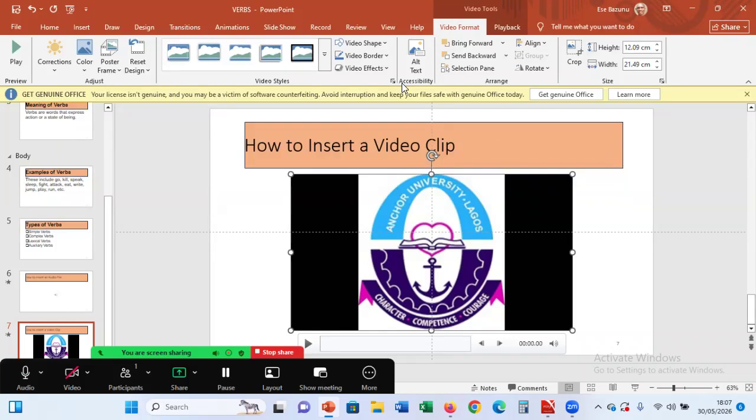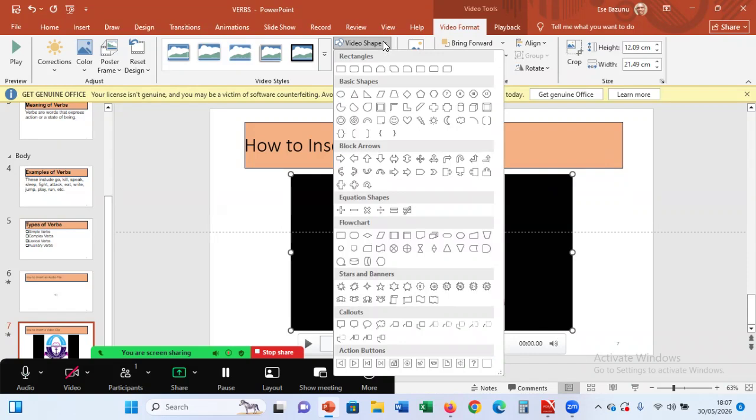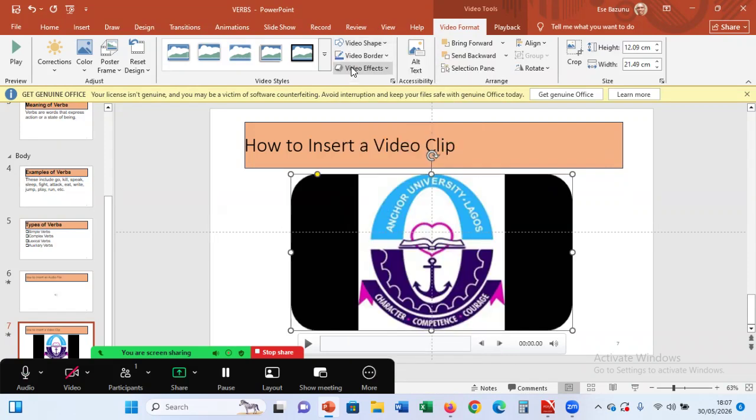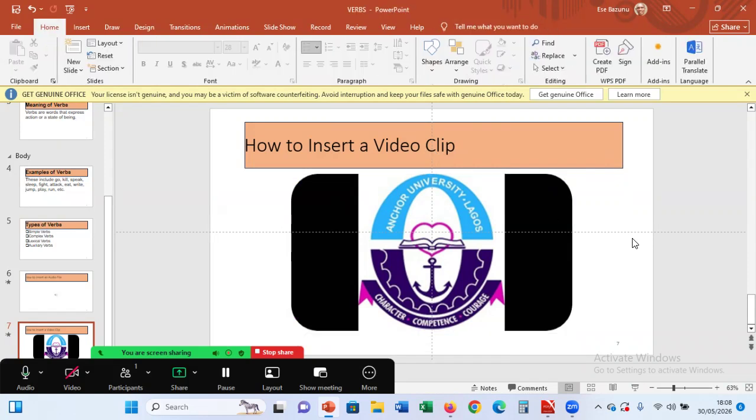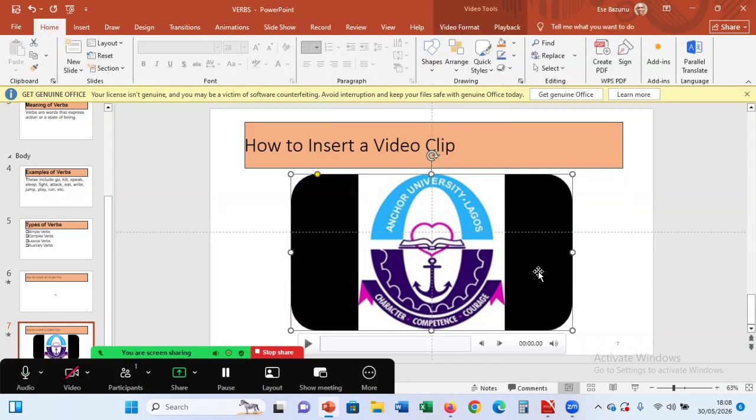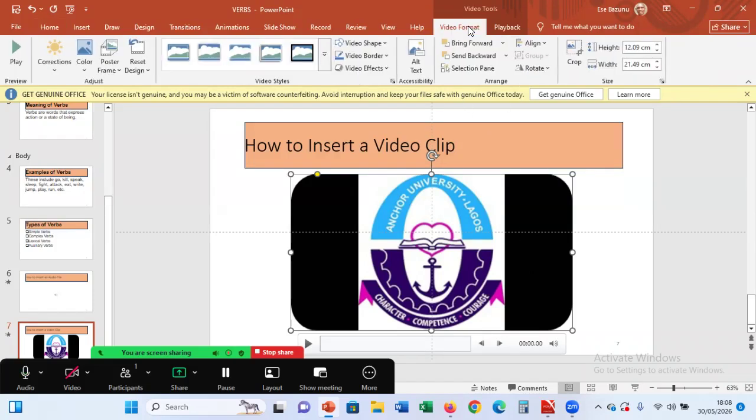So we can change the shape to, for example, an oval shape, or let us change it to this rectangle with rounded corners, and see how it will be. You can see, so we have changed the shape to this